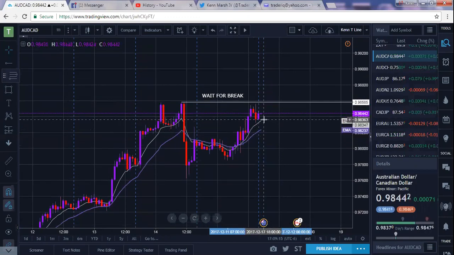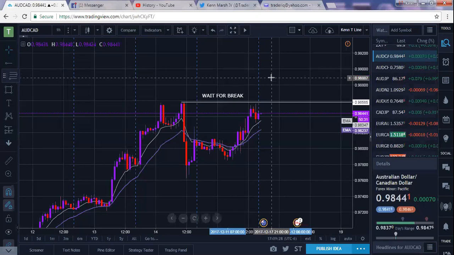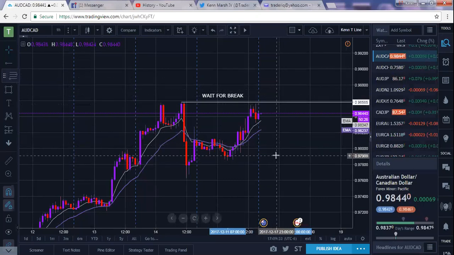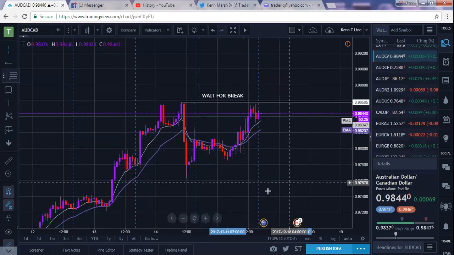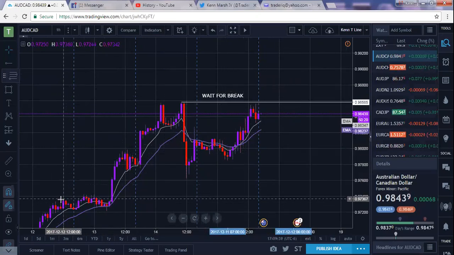What I'm looking for is this to break above here, to look for liquidity, and I want to see what the market does at this point. I want to see it break over 10 pips, usually anywhere from 12 to 15 pips. Could go a little further than that. And I'd like to see a deep pullback. If it pulls back and takes out these lows here and bounces off this consolidation area right here,